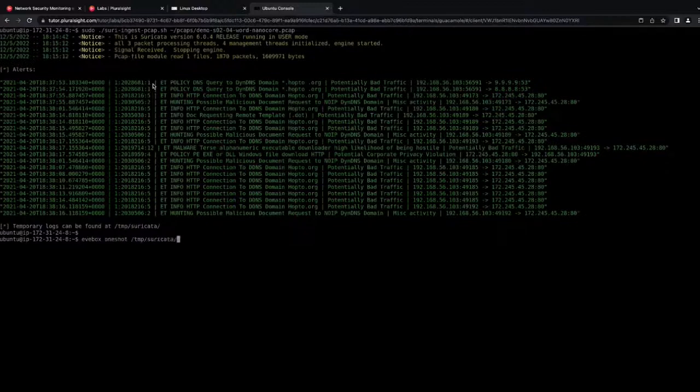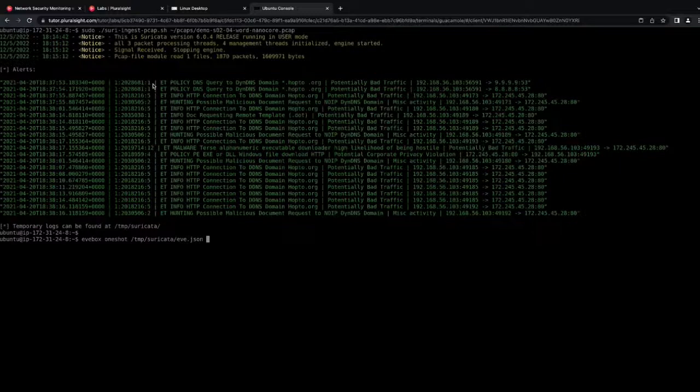Now, normally, there we go. You could also use Evebox to look at this information. We don't have that set up here. You could use it in the VM that you download, but in the lab environment, because we're on the Ubuntu server, we can't launch a local service and have a browser open to access it. So you can, though. Evebox has what's called a one-shot mode, in which you can point it to an eve.json